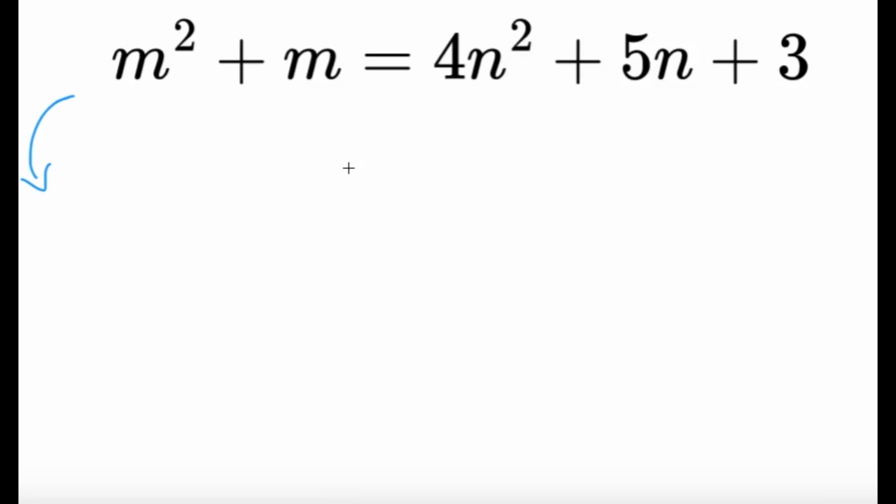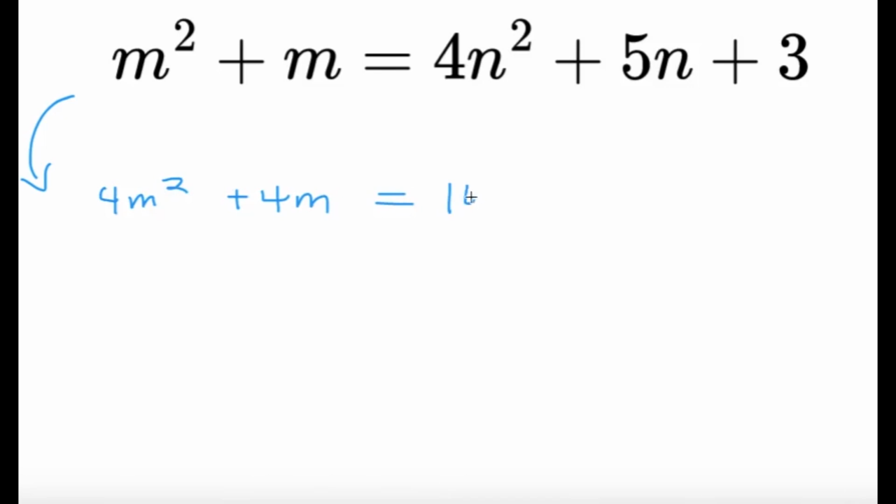In my case, whenever there is a quadratic Diophantine equation, I tend to want to complete the square. The part 4n squared plus 5n plus 3 is a little more difficult to complete the square on, because the coefficients 4 and 5 are not really friendly. So I decided to focus on the m squared plus m. How do I do this? I'm going to multiply both sides by 4 first, so 4m squared plus 4m